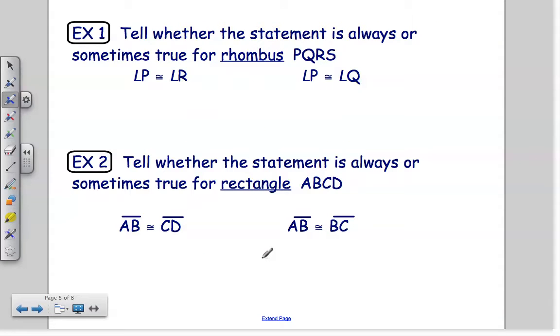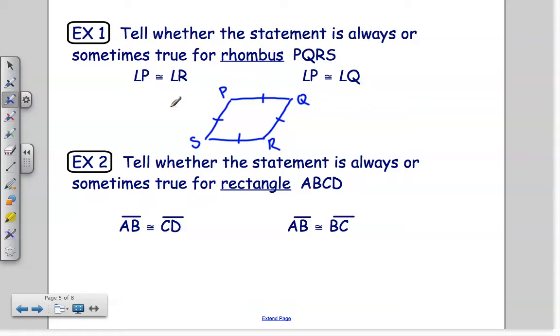So let's look at some examples here. One of the first things you're going to have to do is decide whether statements are true for a certain type of parallelogram. So tell whether statements are always or sometimes true for rhombus PQRS. And to figure this out, I think the best thing to do is draw a little sketch. And it doesn't need to be perfect, but you know that a rhombus has 4 congruent sides, right? So I'm just going to mark those and make sure I label it as PQRS going around this rhombus there,